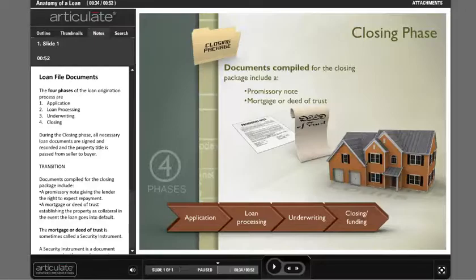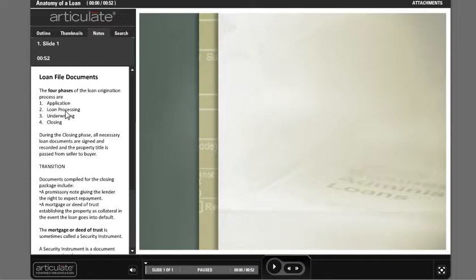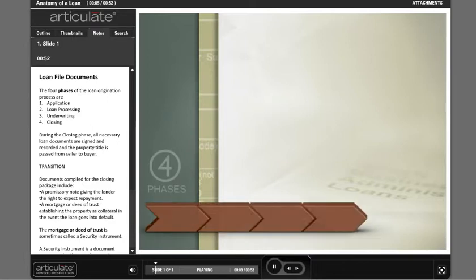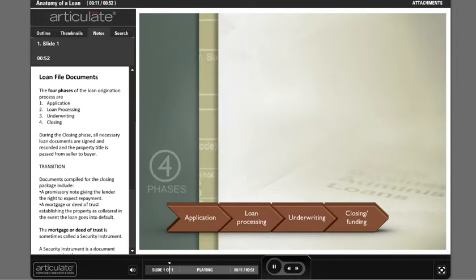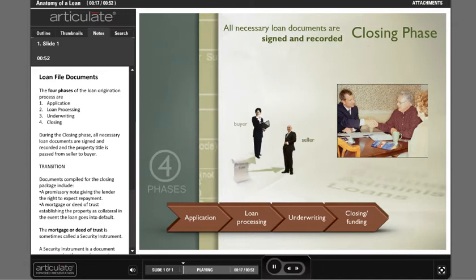So just as an example, here's what we have. Let me go ahead and rewind this. And I'll click play. And you can see the narration is right over here on the side. Loan file documents. The 4 phases of the loan origination process are application, loan processing, underwriting, and closing/funding. During the closing phase, all necessary loan documents are signed and recorded, and the property title is passed from seller